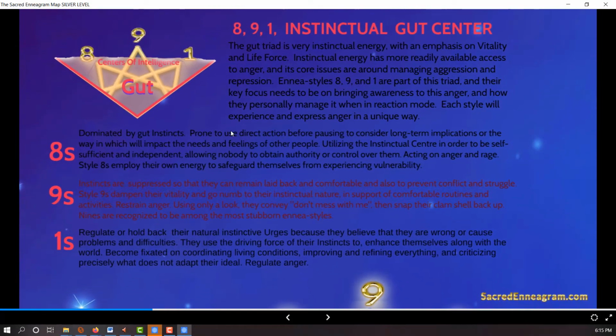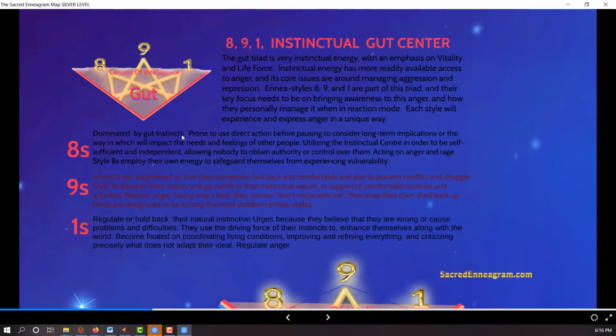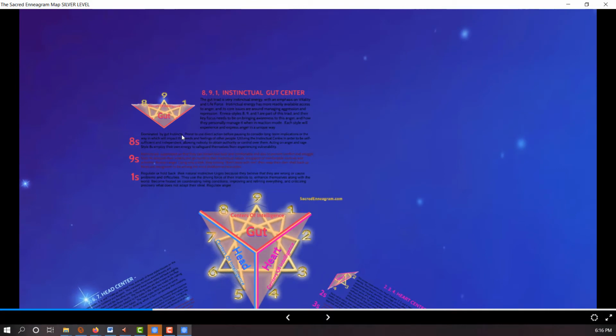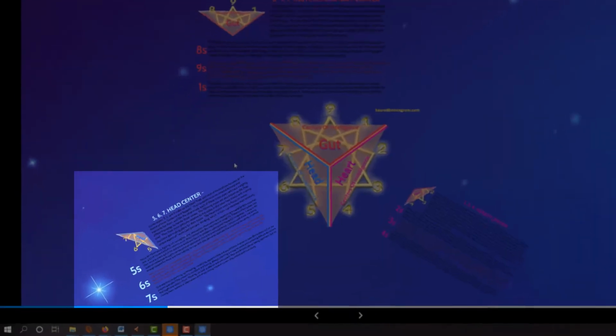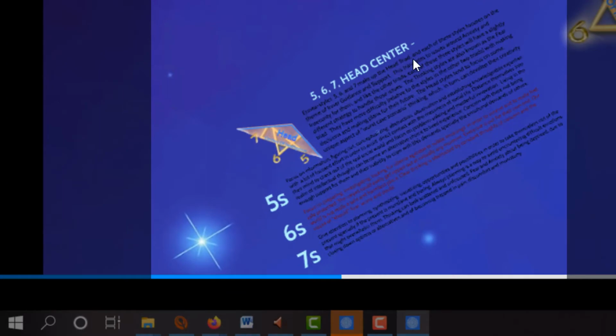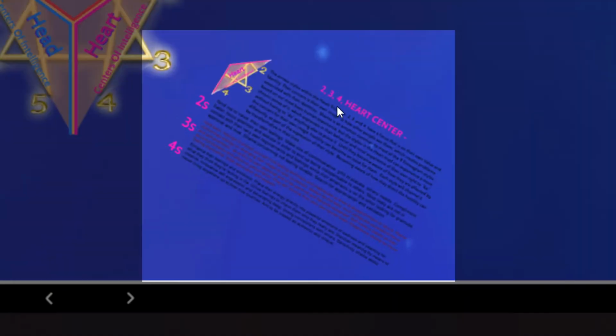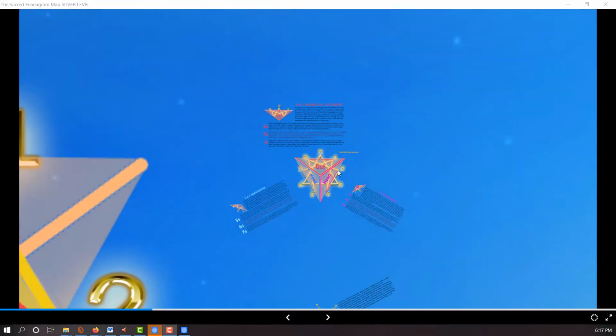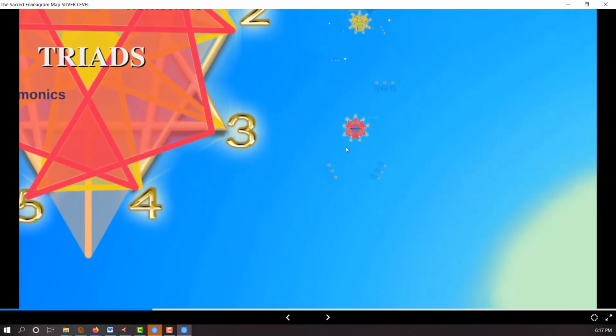So here we have a summary of how each one of these Enneagram types, 8, 9, and 1, rely on the instinctual gut center. So I won't read all through that, but it's all here on the silver level Enneagram map. So you can get this silver level Enneagram map on the links below this video. So now I'm just zooming out, and here you can see we have the head center over here on the left hand side, the heart center on the right hand side, and up the top is the instinctual gut center. So now I'm just going to zoom out, and I'm going to go down to